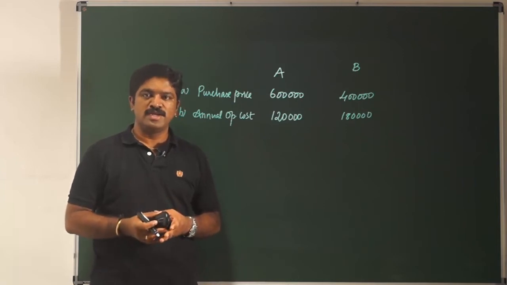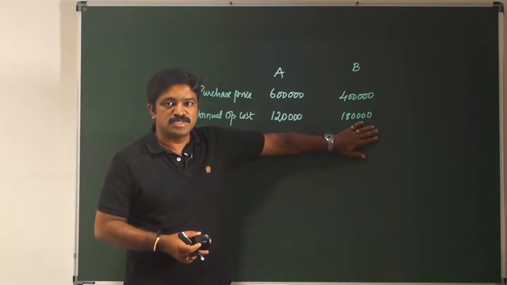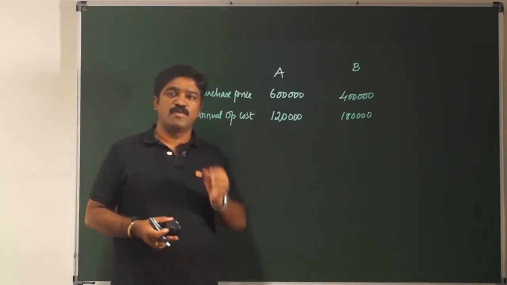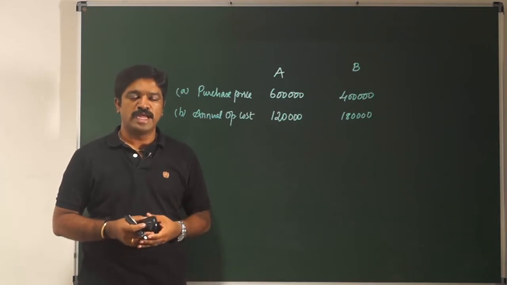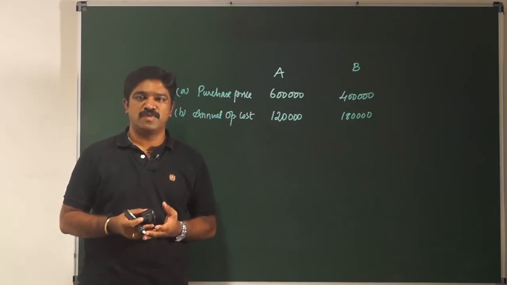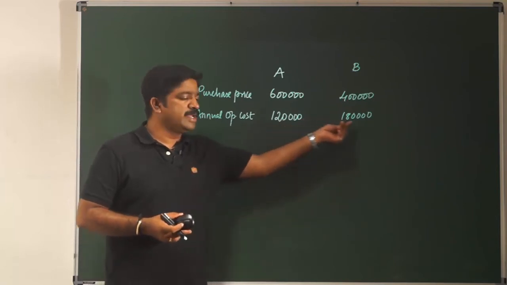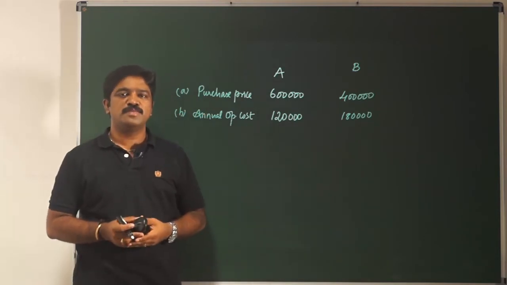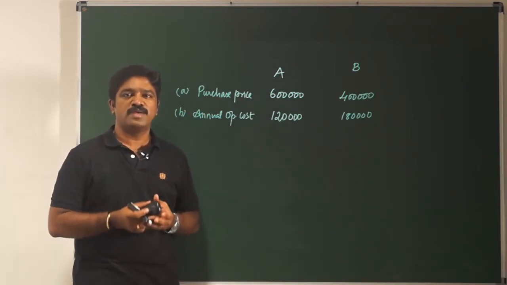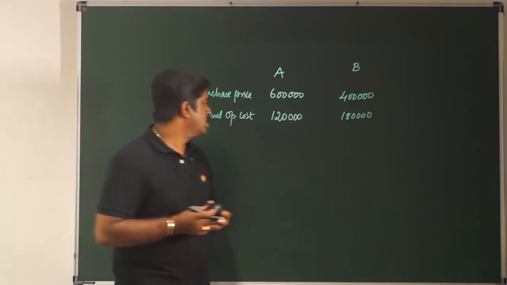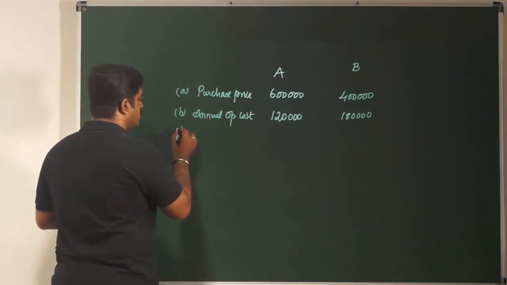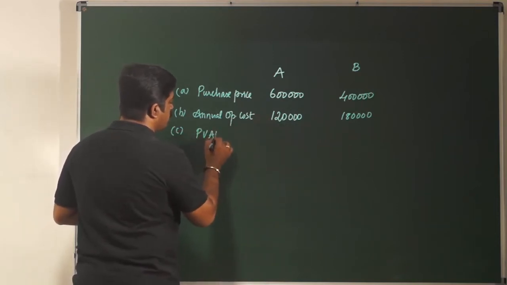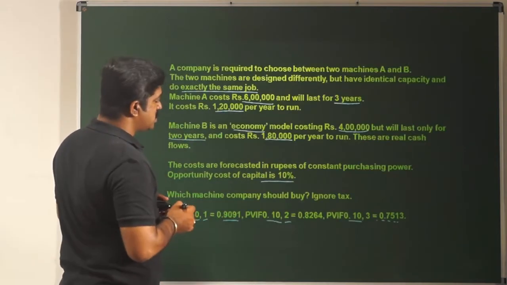But that is not right, because here 360,000 is for 2 years only, whereas here 360,000 is altogether for 3 years. So it makes more sense to find the present value. Now, since these cash flows are repeated for 3 years and 2 years, they get the nature of an annuity. So to find the present value, what should we do? We should multiply with the present value annuity factor. So let me pick up the relevant present value annuity factor. For machine A, I have to pick up the present value annuity factor. At what rate? What is the cost of capital?